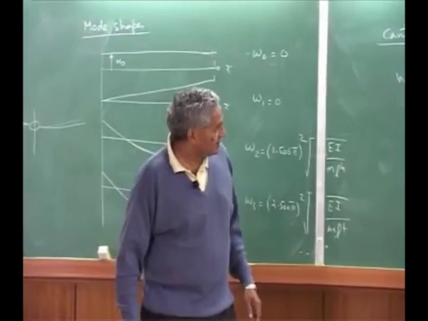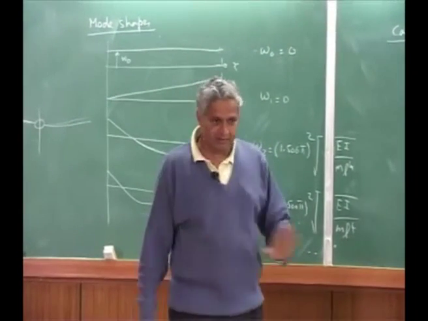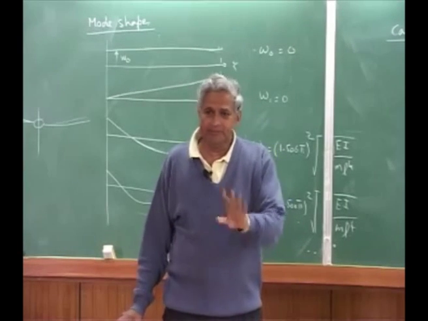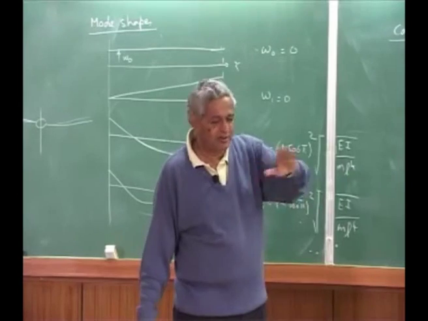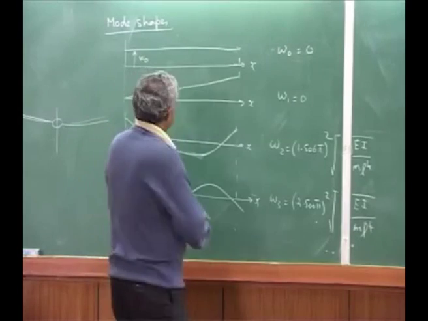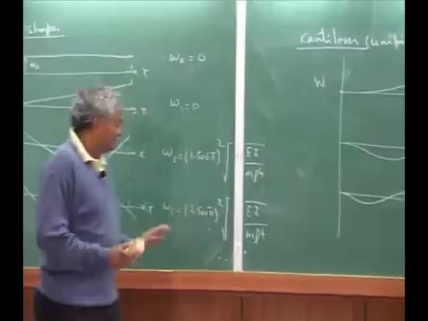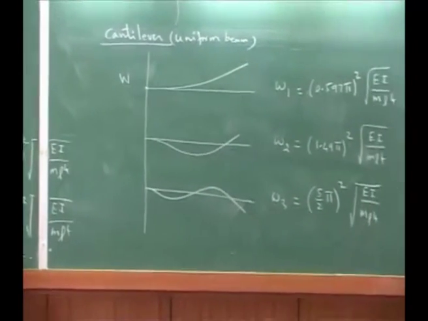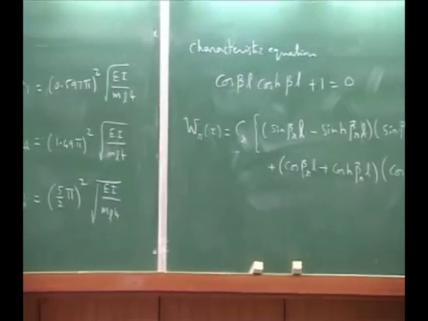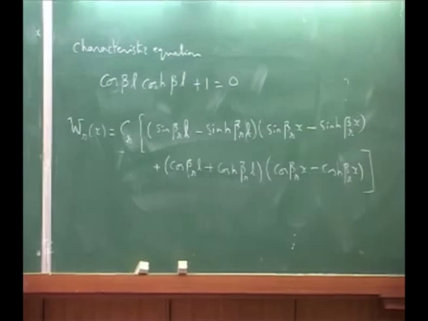Now what I will do is I will take the torsion problem. Similar to what we did for bending, I will take a simple torsion problem, and its mode shapes, because they look a little different. So I completely erase this. I hope you have understood thoroughly. Now let us take the torsion just for completeness' sake, because the procedure is identical. The only thing is the equations are different.